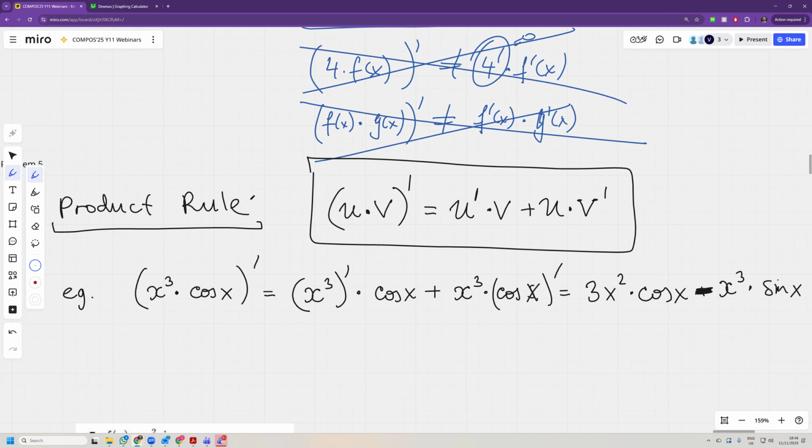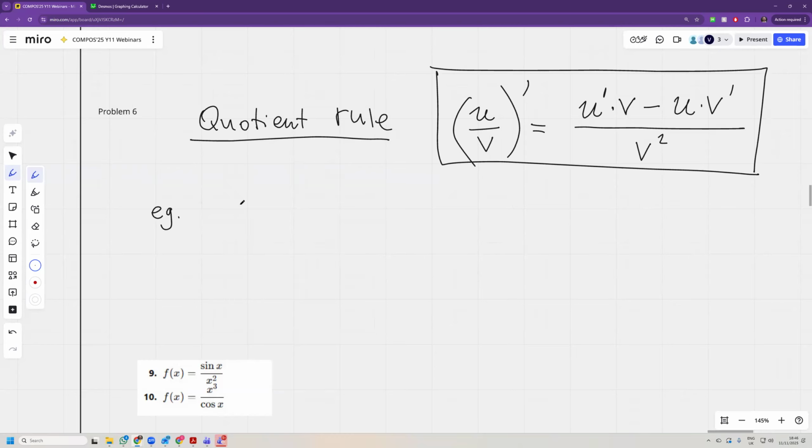An example would be, if you have x cubed divided by sine x, and you want to find the derivative of that. Well, you find the derivative of x cubed multiplied by sine x minus x cubed multiplied